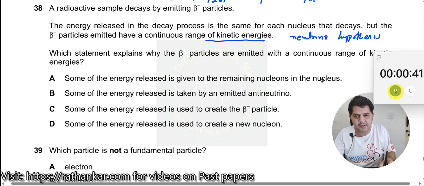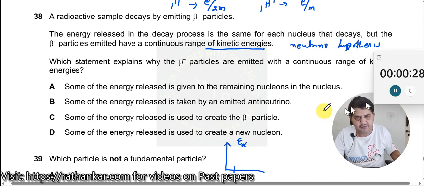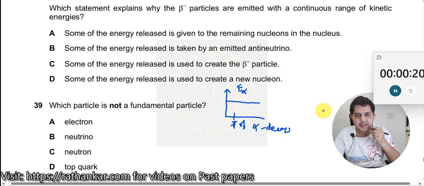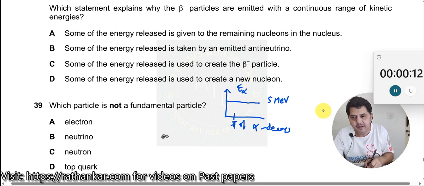What is the neutrino hypothesis? When they did the experiment and found out the types of decays and their characteristics, they found that when you plot a graph of energy of an alpha particle versus number of alpha decays, you got a straight line here, which means every alpha particle when it decayed always came out with the same kinetic energy, which was seen to be 5 million electron volt. But if it is a beta particle,